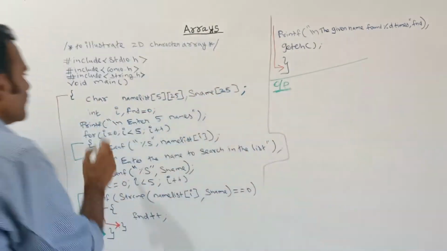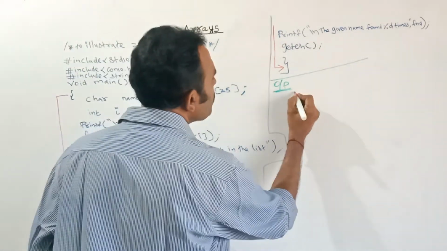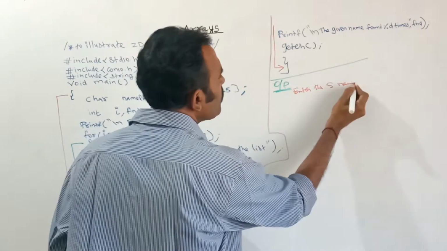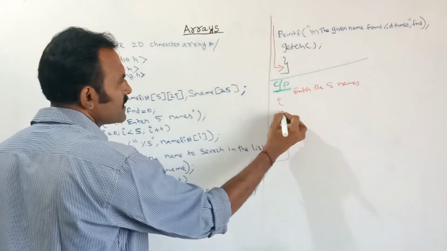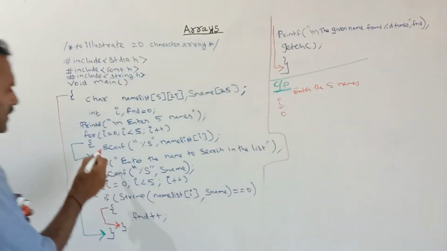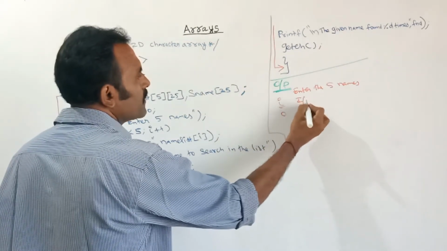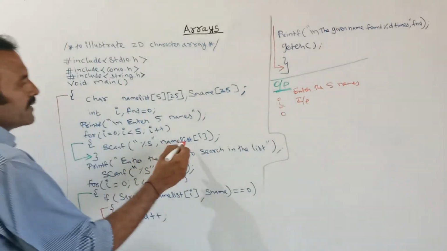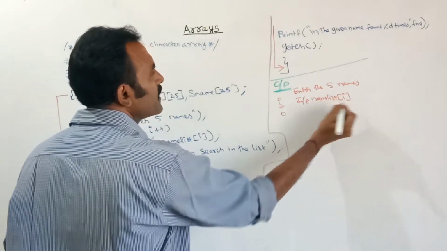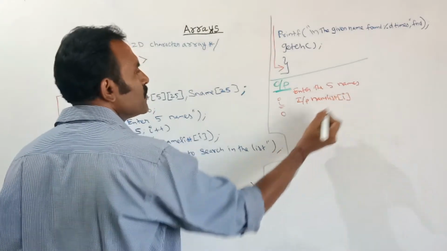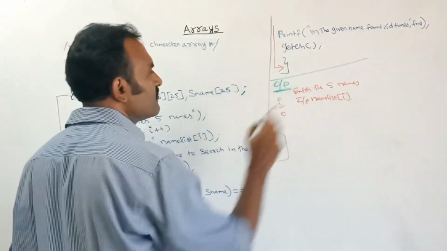We had already seen at the very first that it will ask to enter the 5 names. Here I am using the for loop. Here the i value always initializes from 0. Next, this scanf function is used for getting the input values for name list of i. Name list is the array name or variable name. To the name list of ith position, whatever value you give on the keyboard will be stored to that name list of ith position.